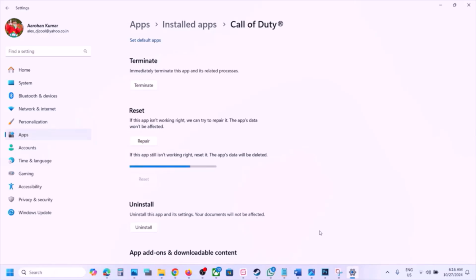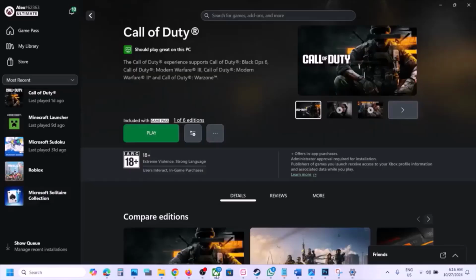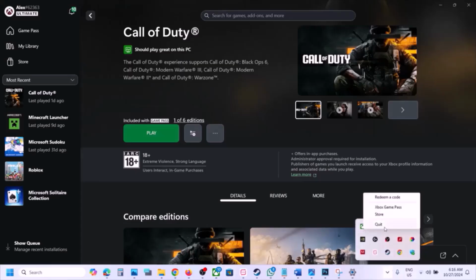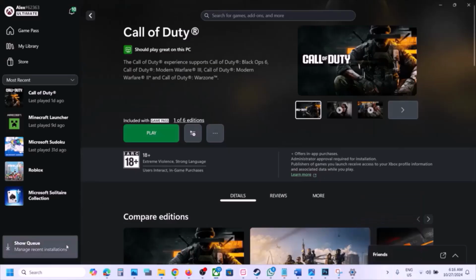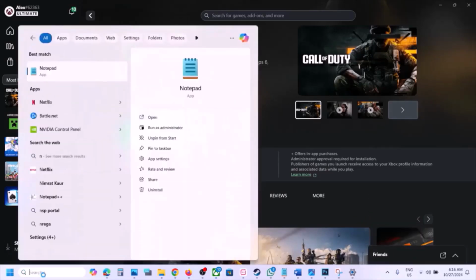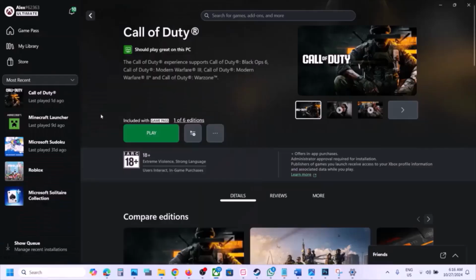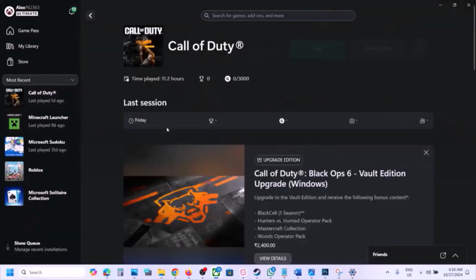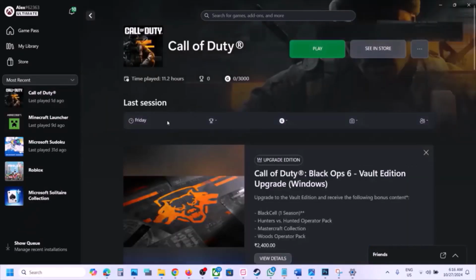So let the reset complete. Once the game is reset, you might see the install button on Xbox app. In that case, you can close Xbox app, you can quit Xbox app, and then you can open Xbox app once again, and then you should be able to see the play option, and then you can launch the game